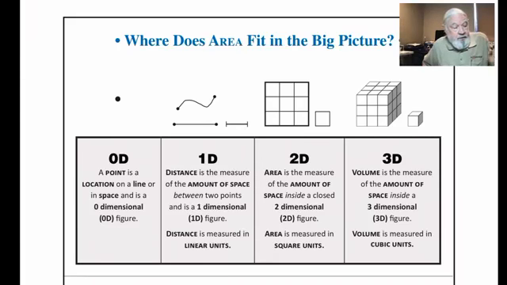So now after 0 comes 1, so if we have a one-dimensional entity, what we can do is measure a line. And distance is measured in what we call linear units. Now the word linear kind of disguises what's really going on here. Take a look at the first 4 letters of linear, L-I-N-E, line. So a linear unit is something we measure along a line.